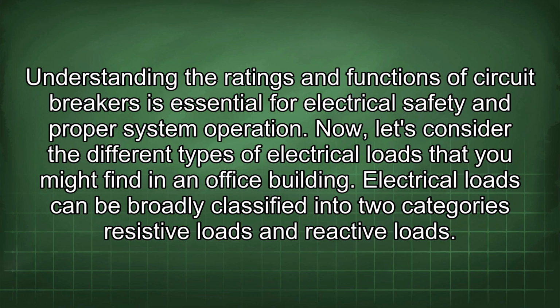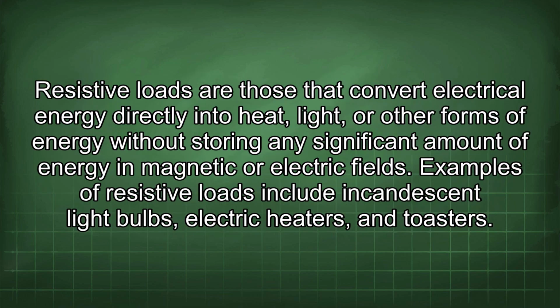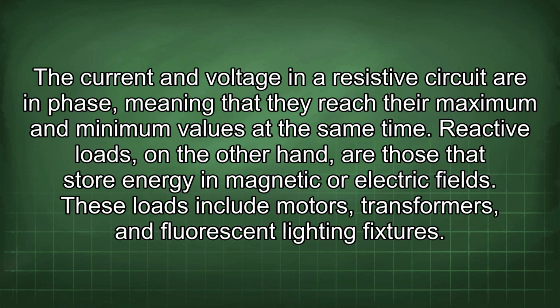Now, let's consider the different types of electrical loads that you might find in an office building. Electrical loads can be broadly classified into two categories: resistive loads and reactive loads. Resistive loads are those that convert electrical energy directly into heat, light, or other forms of energy without storing any significant amount of energy in magnetic or electric fields. Examples of resistive loads include incandescent light bulbs, electric heaters, and toasters. The current and voltage in a resistive circuit are in phase, meaning that they reach their maximum and minimum values